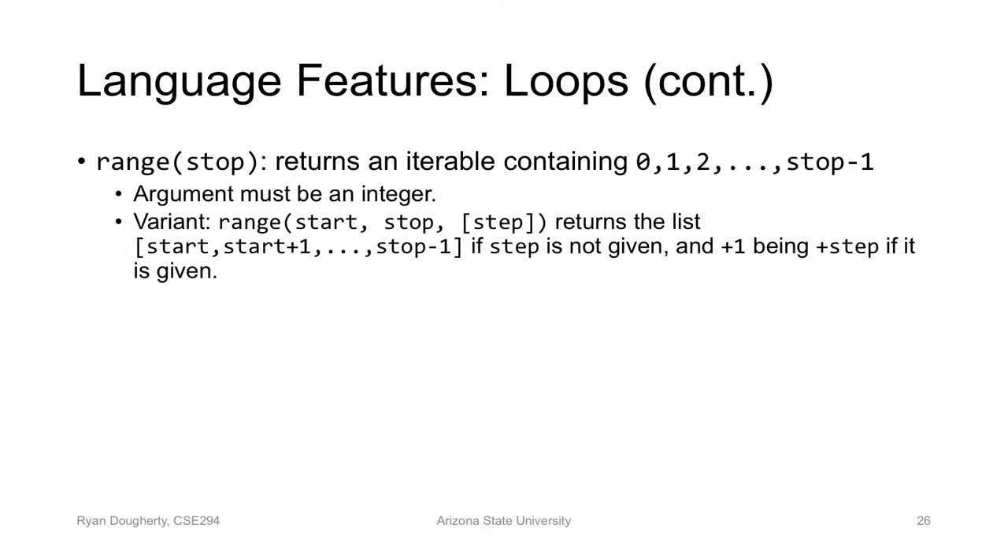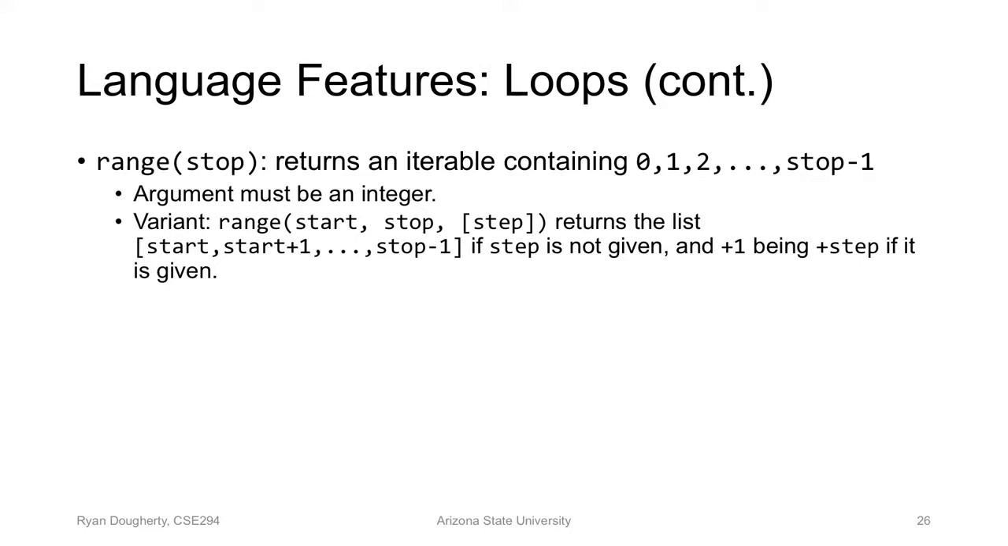But there's actually an optional third argument, which, like we've seen when we did the slicing example, is the step. So instead of going up each integer once, you can go every other integer. You can go backwards if you want to. All kinds of things you can do. Okay? So it'll return start plus 1 up to stop minus 1 if the step is not given,